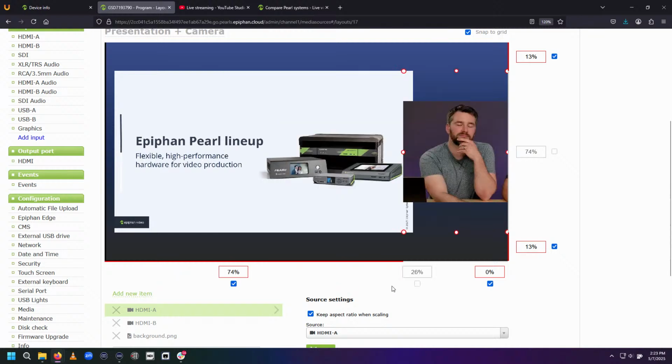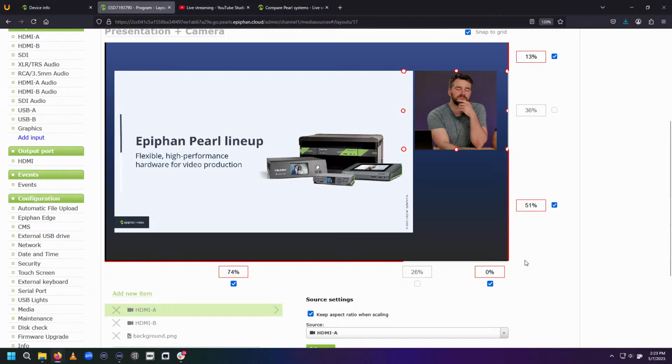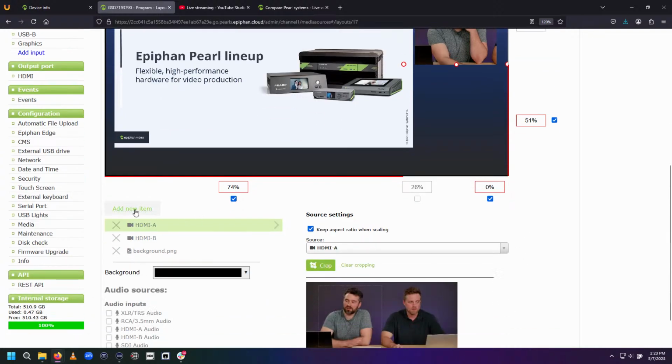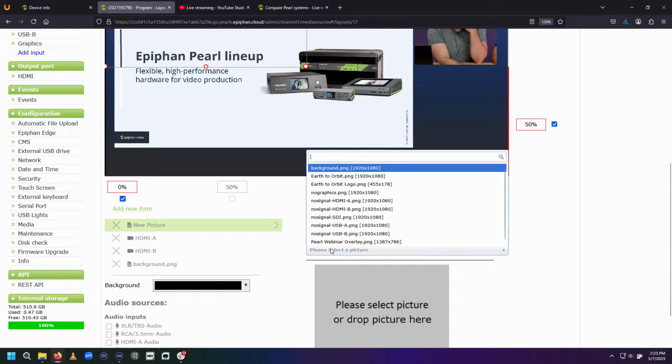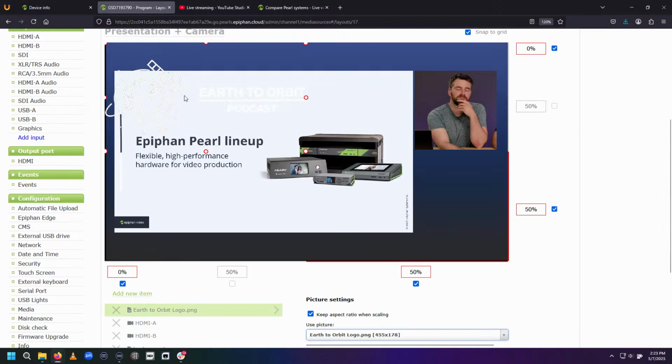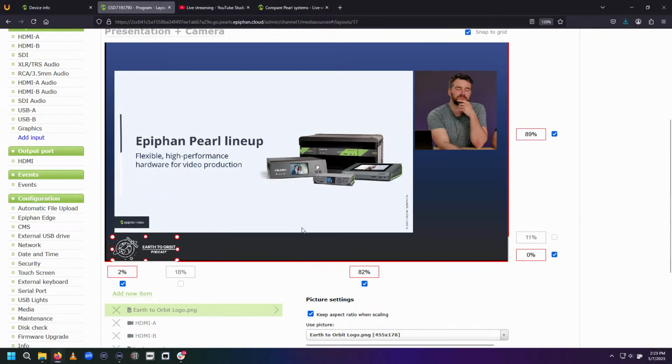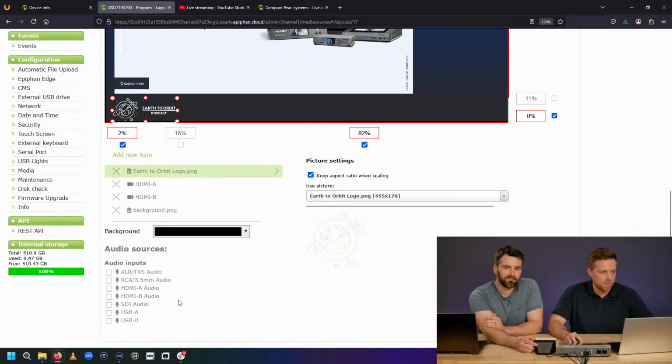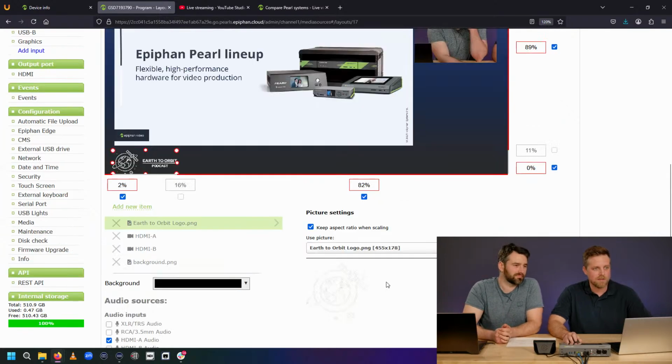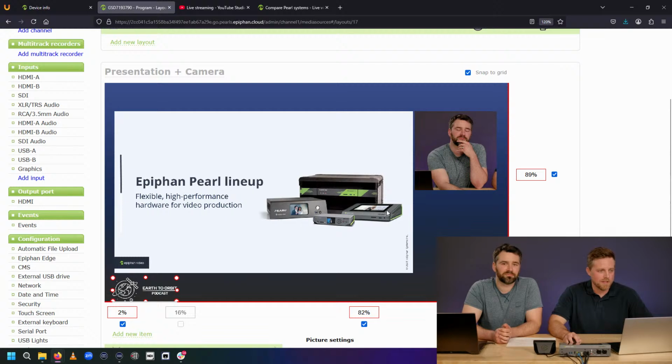We'll go here. Maybe this. Put that up here in this corner. I'm going to add now our podcast graphic again. Throw that in the bottom left. Great. Okay, I'm going to click save. Oh, don't forget to choose my audio source. True. I always forget that. Need to remember. There we go. So that's looking pretty good.